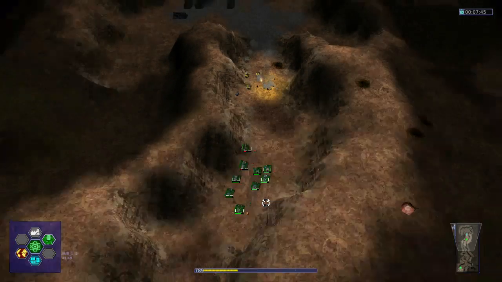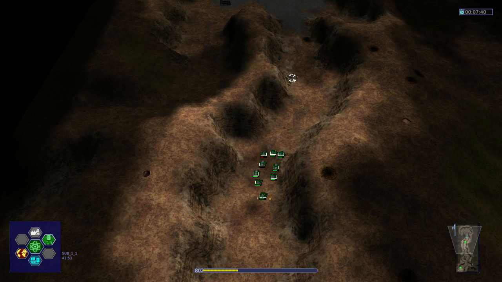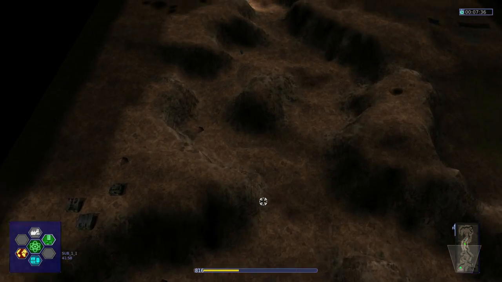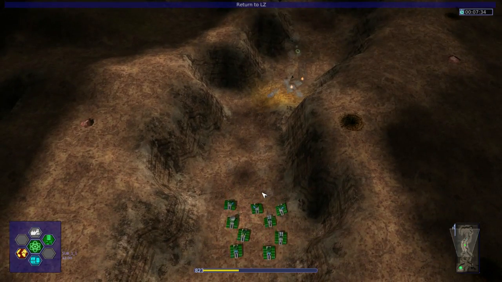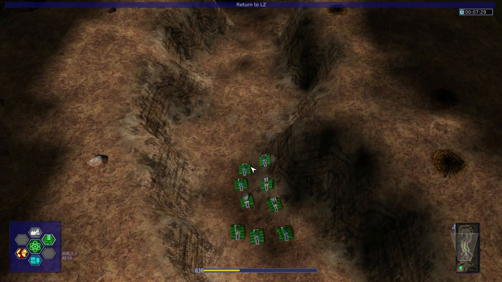It's like one of those action scenes, but like 10 of them at once. Oh, my tanks are faster than their jeep things. That's cool. Okay, but now it's slightly lost its tenseness. Return to LZ. Yeah, alright. Steady on. I only lost 1 tank, and that's the 1 tank that